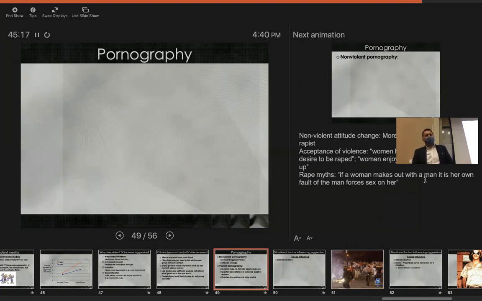One of the main studies randomly assigned people to watch either 0, 18, or 36 pornographic movies, which is an awful lot of porn if you ask me, but no one did. So what these studies showed, though, is that it's really important to distinguish between two types of pornography when you're looking at their effects on aggression.